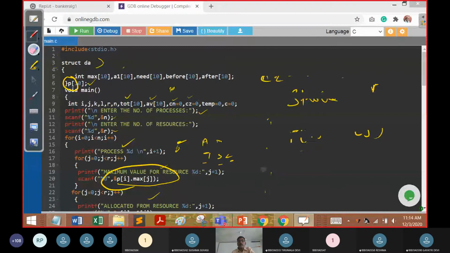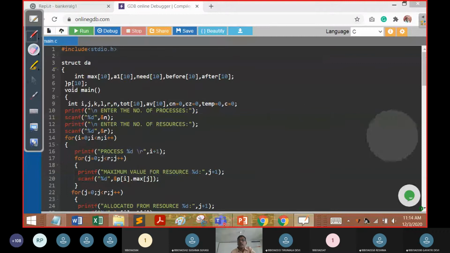We have defined a structure prototype, and then we are going to use the structure members, etc.